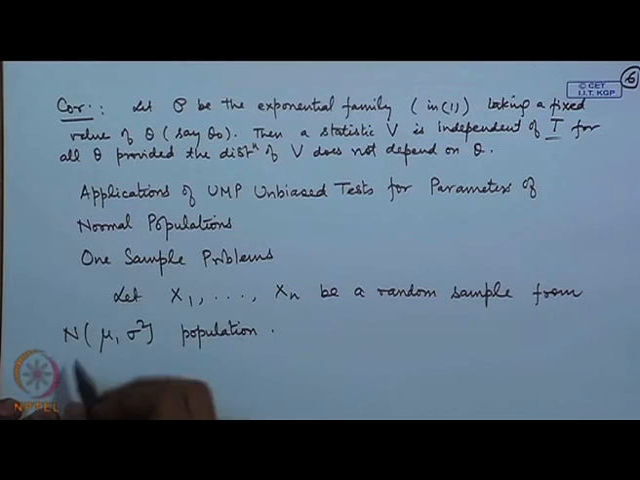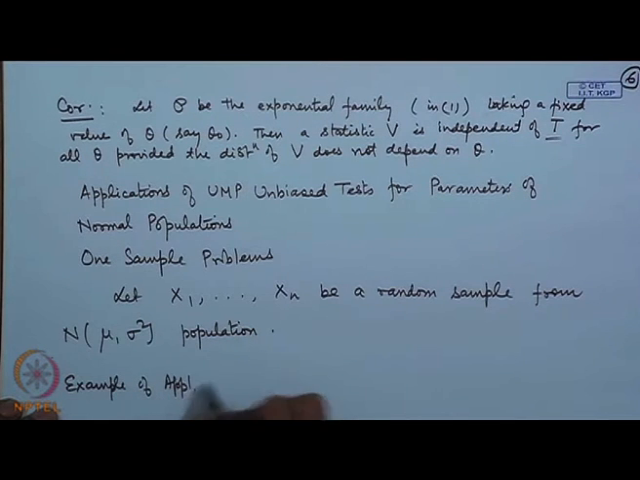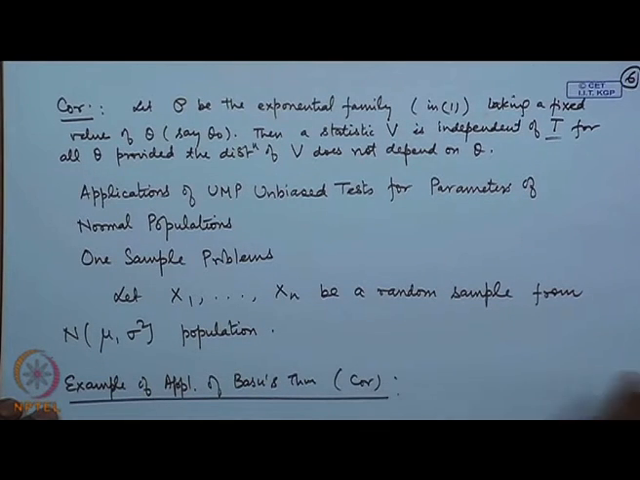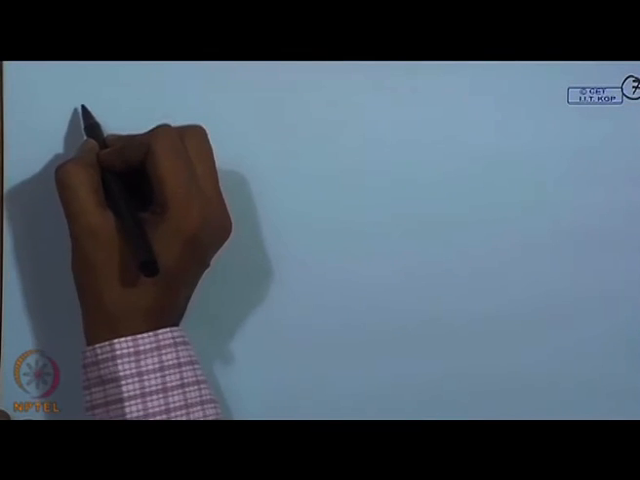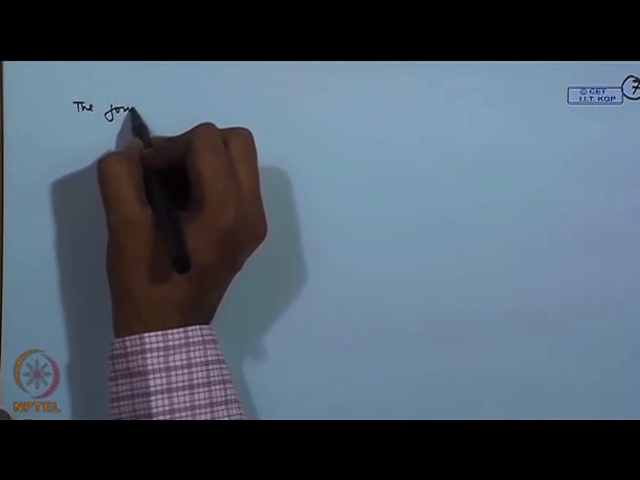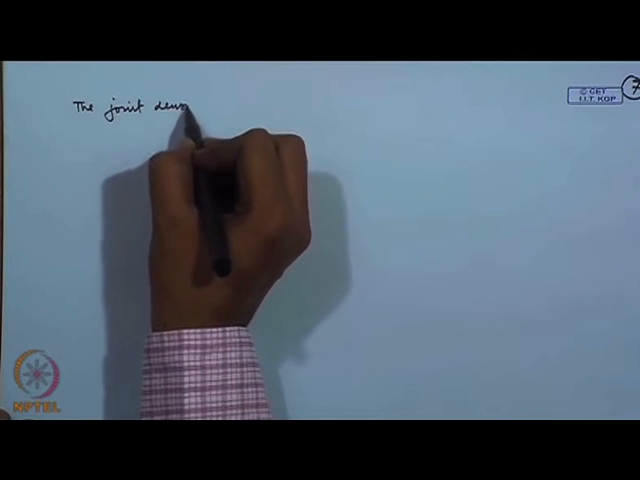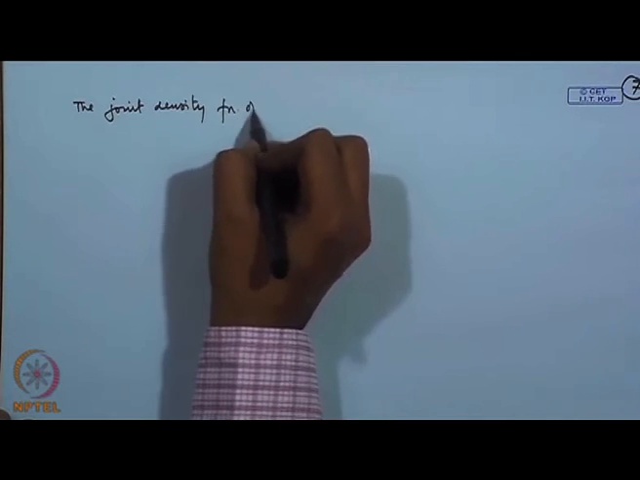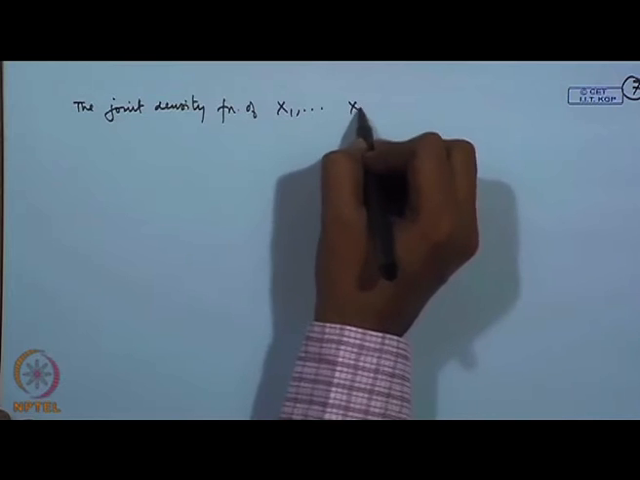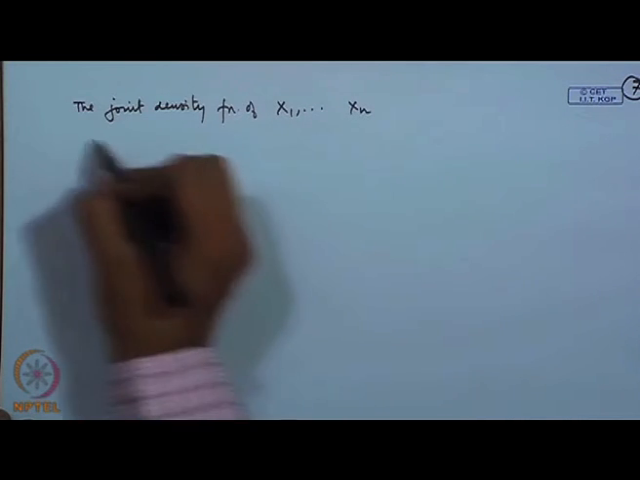So, let us firstly start with applications of Basu's theorem. Example of application of Basu's theorem or this corollary in the normal population case. So, let us look at the joint density function of X 1, X 2, X n. So, we are writing it as